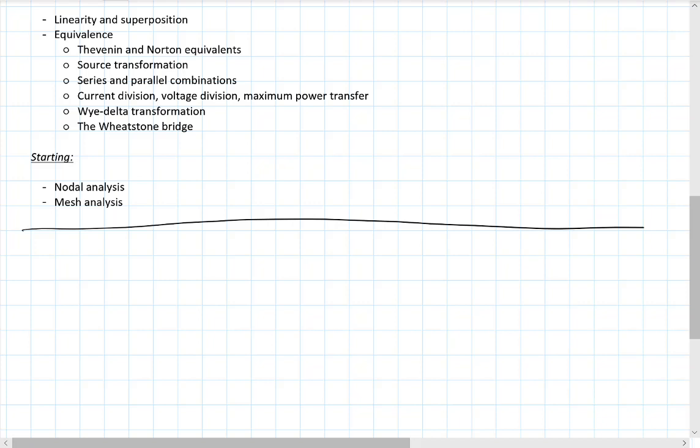Okay, so although you see this list having Thevenin and Norton equivalent and all these things listed together, it doesn't mean that they're all at the same level of conceptual importance, perhaps. But these are still important pieces, and especially the wye-delta transformation is